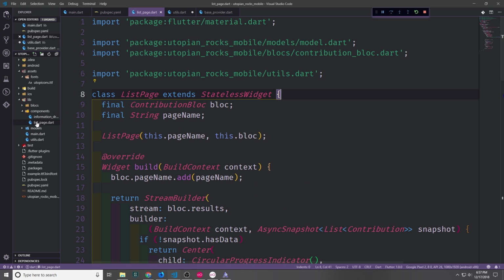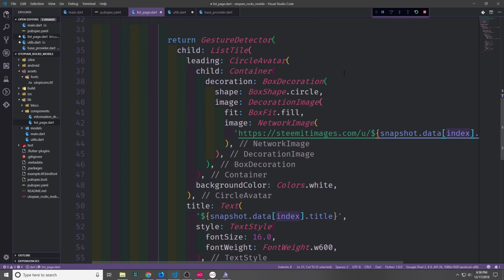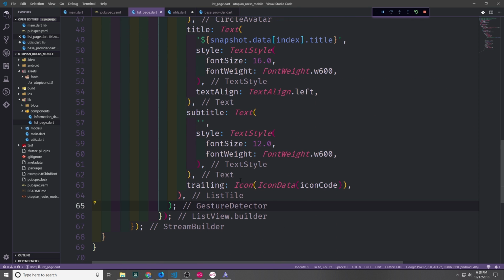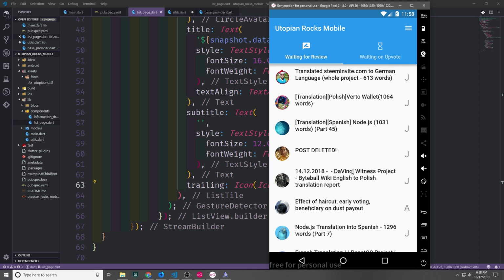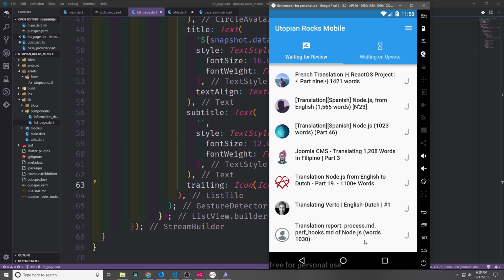Now we can go back into our list page component and import the utils file, and then we can get the icon code using our getIcon function, passing in the snapshot and the index. And then down where we have our icon defined, we can just pass that icon code to the icon data structure. As you can see, now we have all of these capital letters next to our contributions,